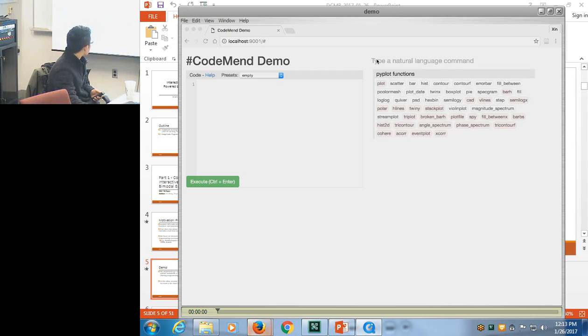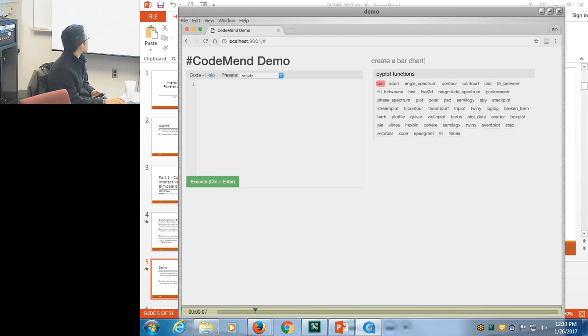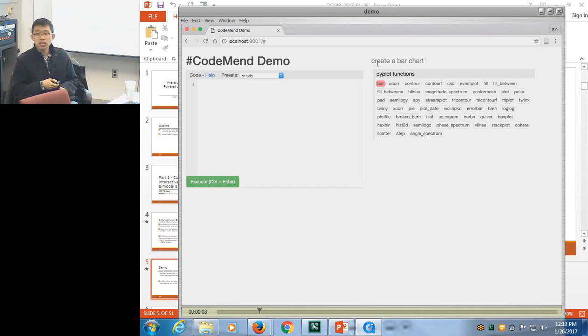So suppose the user wants to create a bar chart from scratch. The user can simply type in a query, create a bar chart. As the user types in the query, the system automatically finds what functions are relevant to this query and rearranges these. The color represents the likelihood that a specific function will fit the user's intention. The user can click